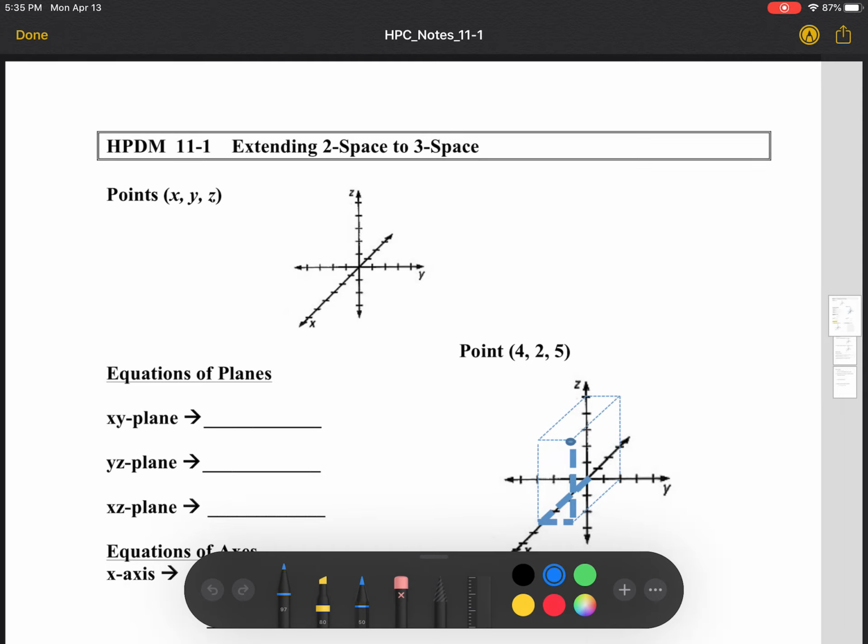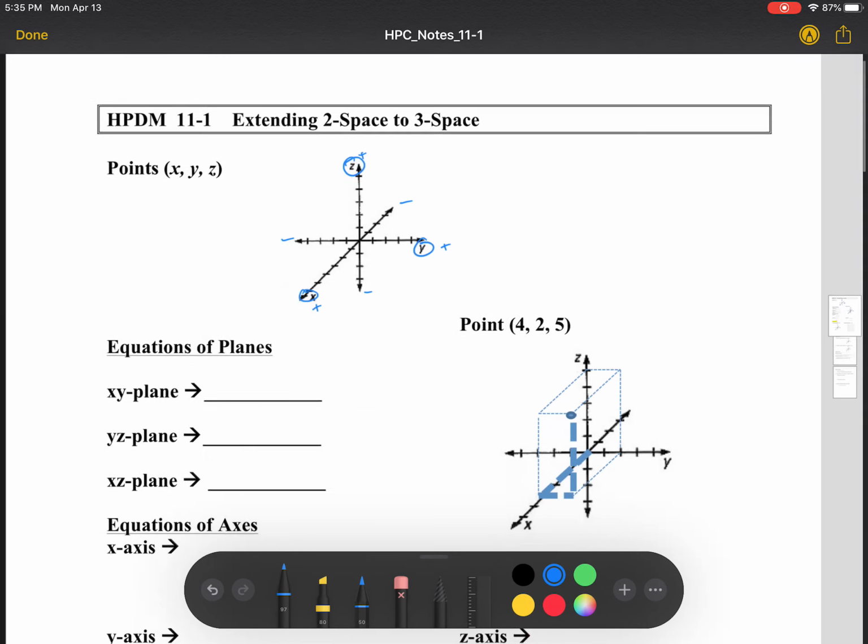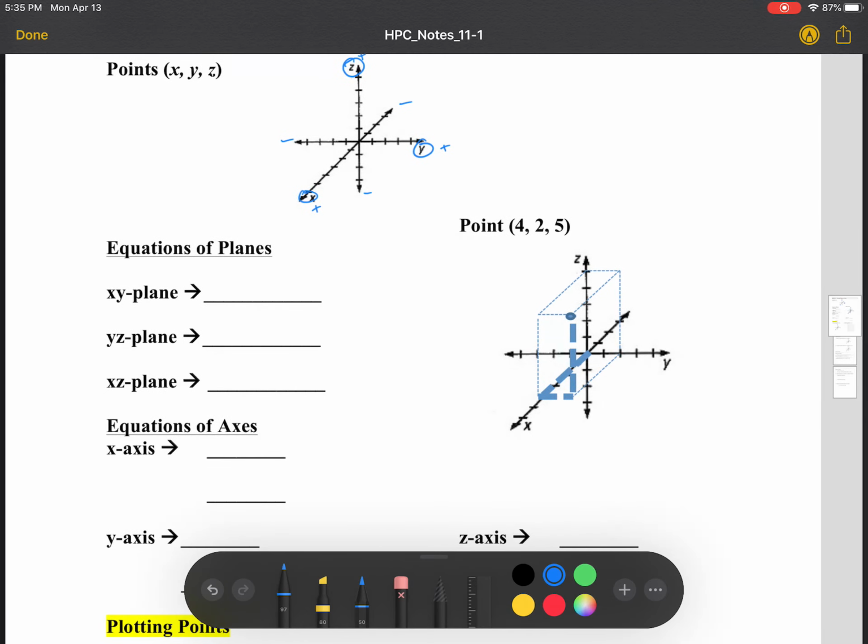So, as we look at our notes, we notice a couple things change right off the bat. We have this z-axis, okay? That's the z positive, that's the z negative that goes up and down in our graph now. Our y-axis goes side to side, and our x goes forward to back, okay? It's like that, our positives and our negatives. The big thing with the x one is always remember the positives are coming towards you,